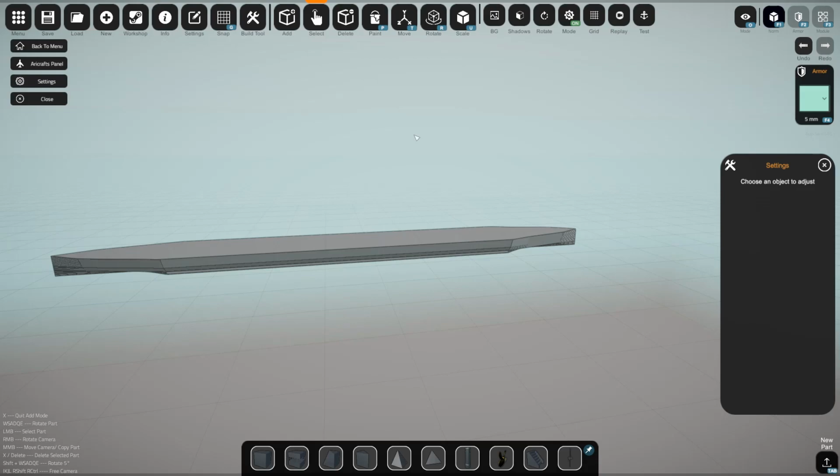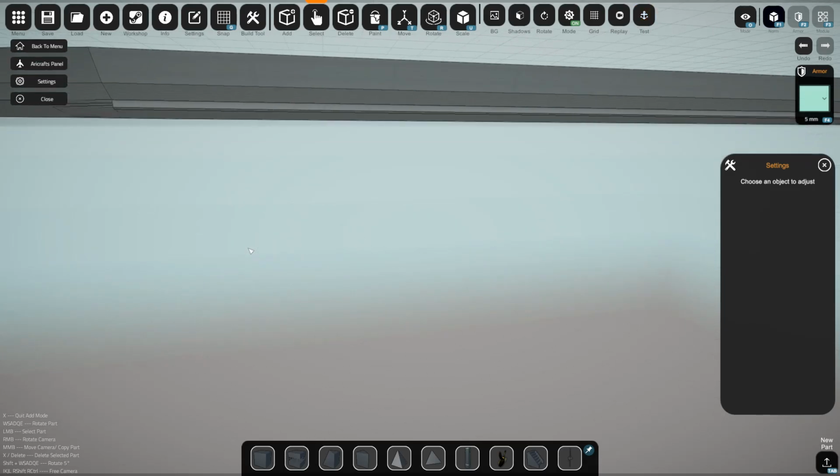Today I'm building an anti-air cruiser because I want to deal with aircraft. There are a staggering number of waves of airplanes being thrown at you in the testing environment, and there, the waves increase in size pretty quickly. So I want to be building an anti-aircraft cruiser and I've already designed most of the lower hull of this